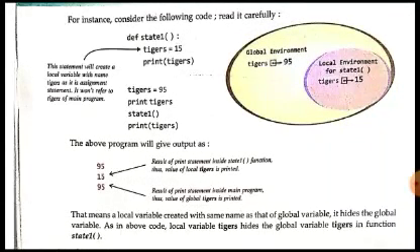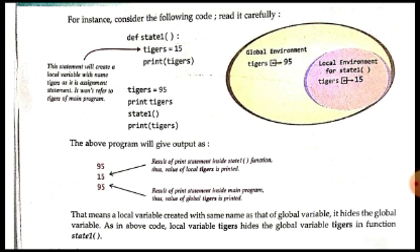So if a variable has the same name in the global as well as the local environment, in that case the local environment's variable will be considered, and the assignment operator in the local environment will be used to create a new variable. Like here you can see, by using the statement tiger is equal to 15, what will happen? Because the tiger name is common in the global and local variable, inside the function this statement will create a new variable that is local to the function, and that local variable's value will be printed inside the function. The global variable will not be used inside the function.